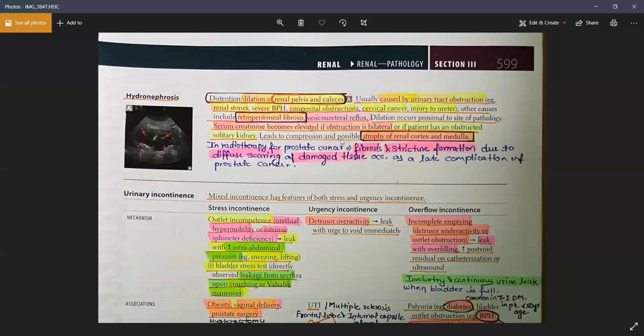What's going to happen to my renal plasma flow because of this obstruction? No effect on the renal plasma flow, but you have a decrease in the filtration fraction, right? And the GFR also, because you're having an increase in the hydrostatic pressure in the Bowman's space, right? Yes. So any doubt on the hydronephrosis?